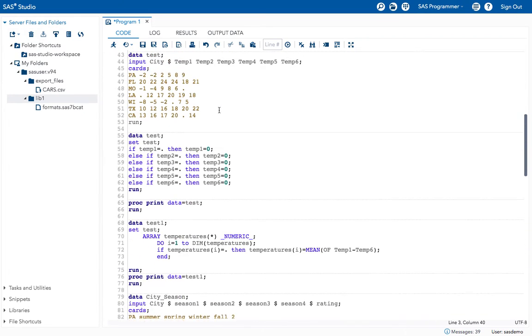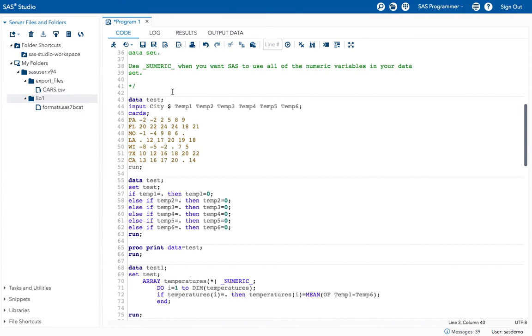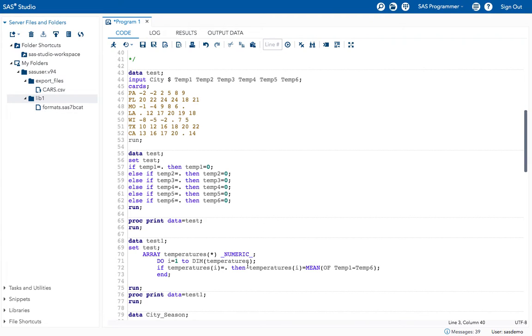See, here I am taking the same example. In this, earlier we have replaced the missing values with 0, right? See, I am taking this mean and I will replace that with 0. Let me run this data set.